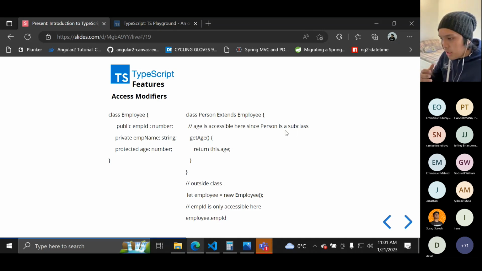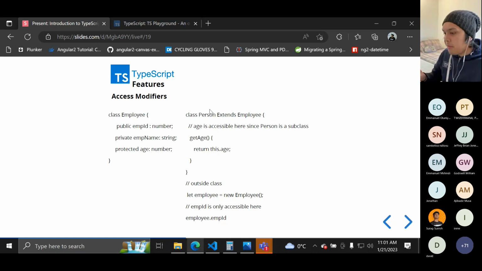The accessible ones in the person are the employee ID and the employee age. The age is protected, so it can still be accessed in the subclass. The emp ID can be accessed because it's public. The only thing that cannot be accessed by the person is the employee name.